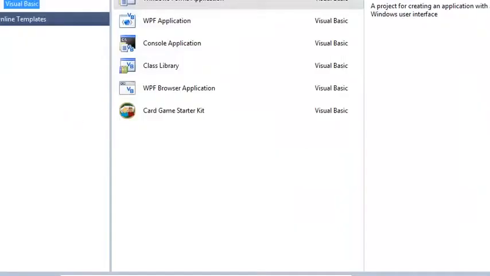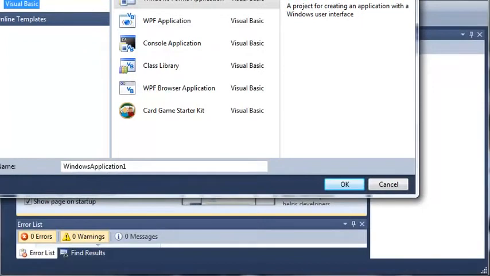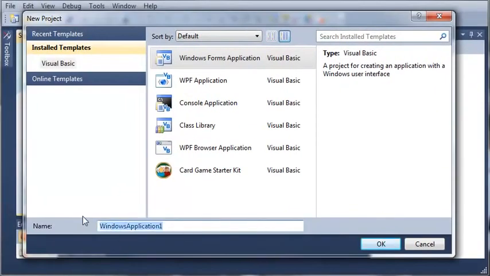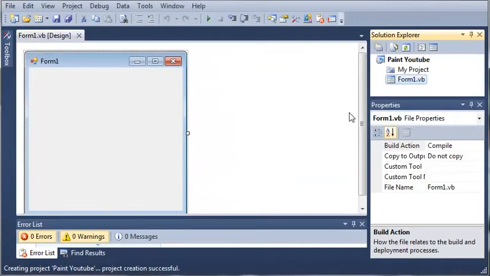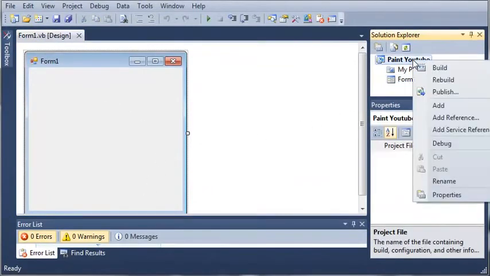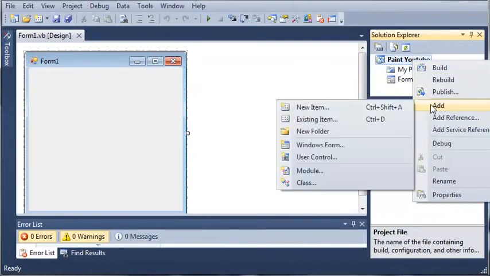So we'll create a new project. We'll select a Windows Forms application, and we'll just call it Paint, and I'll just call mine Paint YouTube because I'm pretty sure I've got another copy of a Paint program similar. So we'll go ahead and click OK and wait for that to load. So here's our Form 1, and what we want to do is we'll right click on Paint YouTube and let's